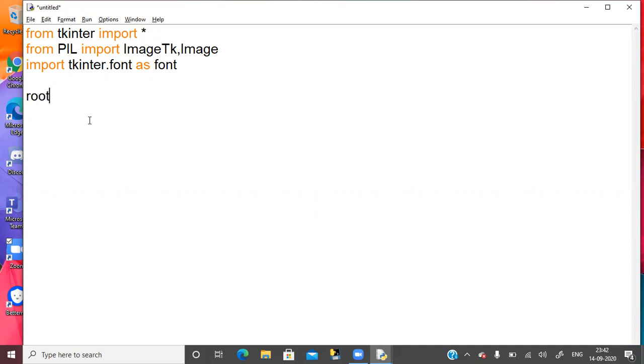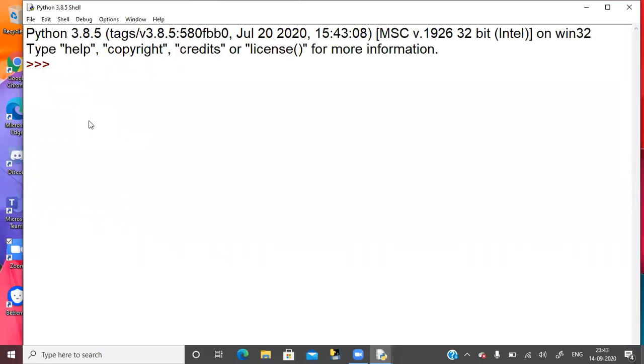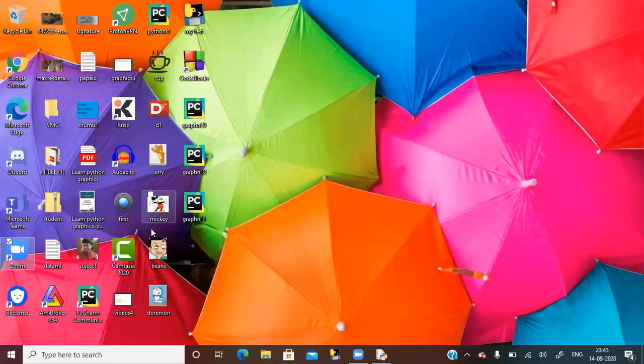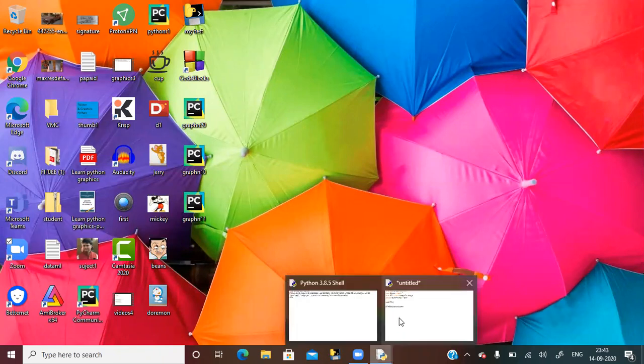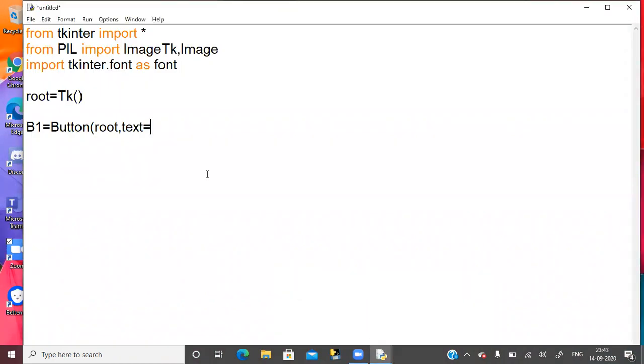So start with the root. I'll design the root window. Then I'll create two buttons. मैं चाहता हूँ एक बटन पे क्लिक करें तो एक इमेज जनरेट हो, मतलब जैसे I'll create one button. मैंने कुछ यहाँ पे इमेजेस पहले से डाउनलोड करी हुई हैं, लाइक दिस मिक्की, जेरी, बीन्स. ओके, अब एक क्लिक ऑफ अ बटन पे I want to generate these images. So I'll generate Mr. Beans, g equal to green.